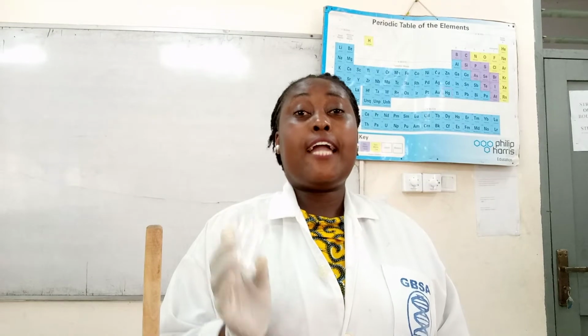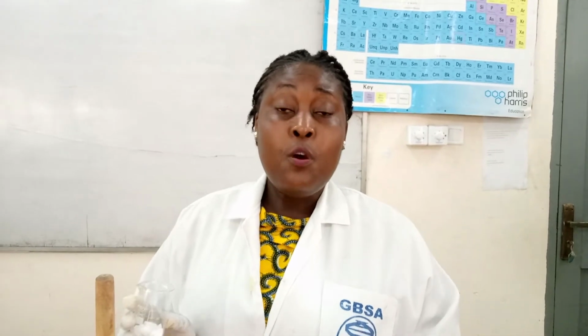So I have used melting point determination to identify this compound and to also determine its purity. So the compound is benzoic acid, and it's very, very pure because the difference between the range is 1 degree Celsius. So this is how we use the melting point determination to identify a compound and also